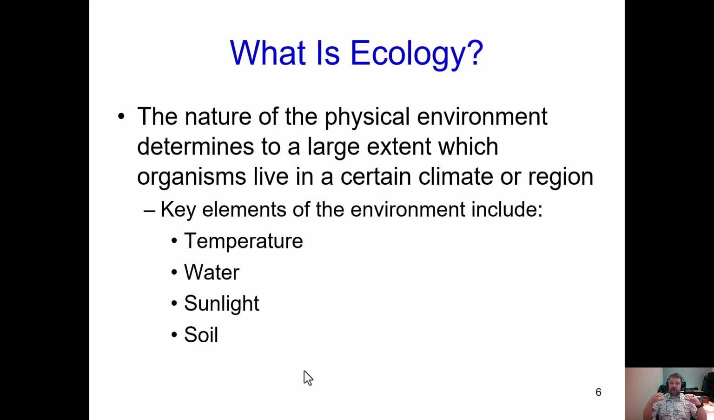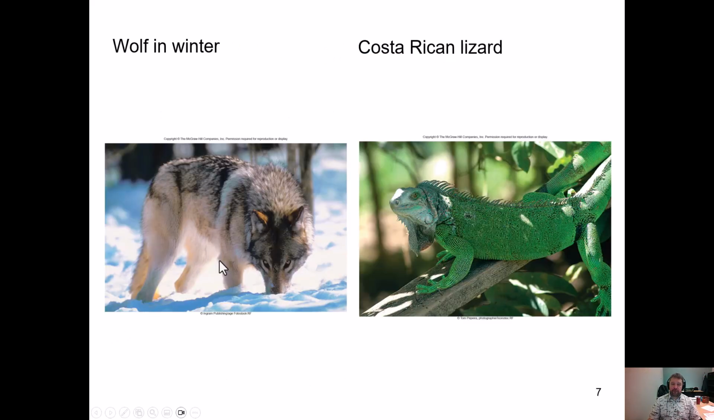So it's these abiotic features that tell you what kind of plant community you're going to have, which then tells you what kind of herbivore community you're going to have, which then tells you what kind of primary carnivore you're going to have, and on and on. So real quick, I just want to end: we often look at adaptations for organisms that occur in different regions. So, for example, a wolf that occurs in Northern America,